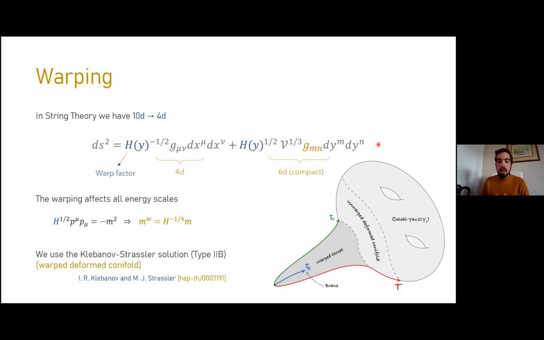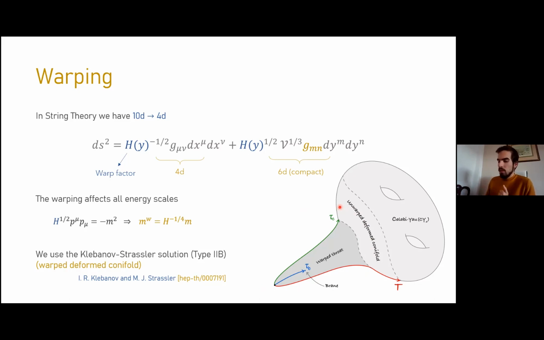And in flux compactifications in particular, it is very common to also have some warping. And the warping will show up in the form of this warp factor multiplying both pieces of the metric. And intuitively, what the warping does is deform your internal space such that your space develops these warp throats, these warp regions. And on the side of the 4D theory, on the 4-dimensional spacetime, it will affect and warp down